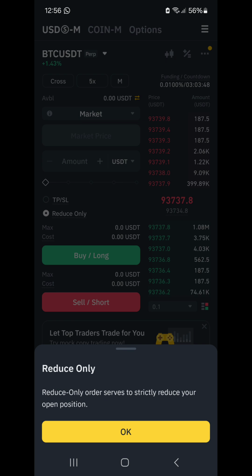If you accidentally place a large order in the opposite direction, reduce only, excuse me,